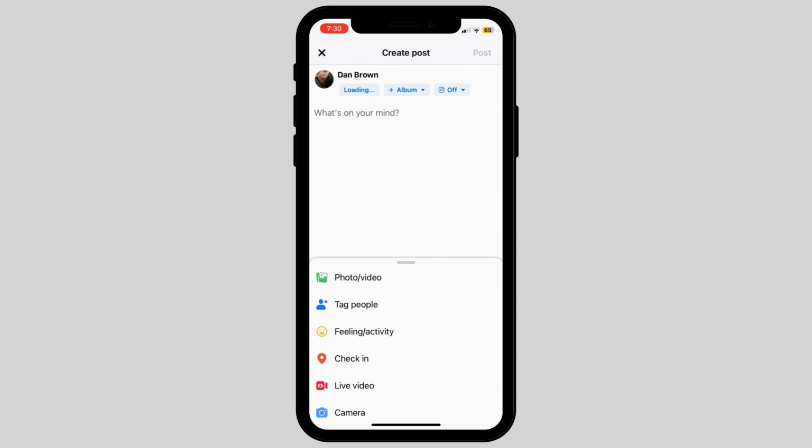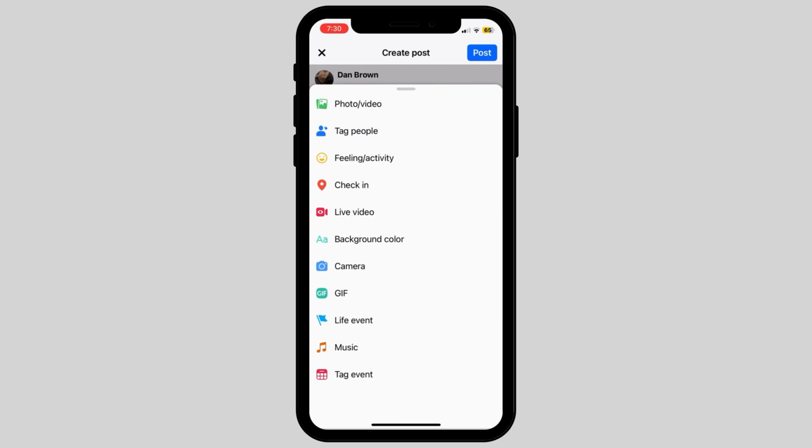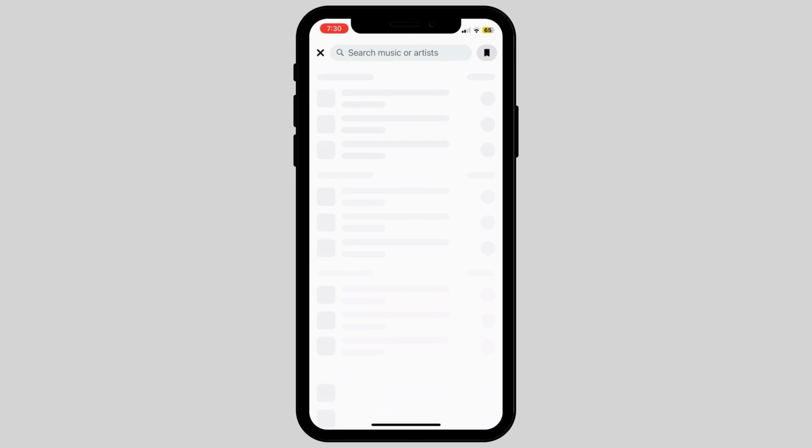Here you can add photos, videos, tag people and do a lot more activities. You can just post a thought or even add pictures or videos. For now, we are just going to write a hi test statement. After you do so, swipe up or click on the toolbar that you can see, and here you can see